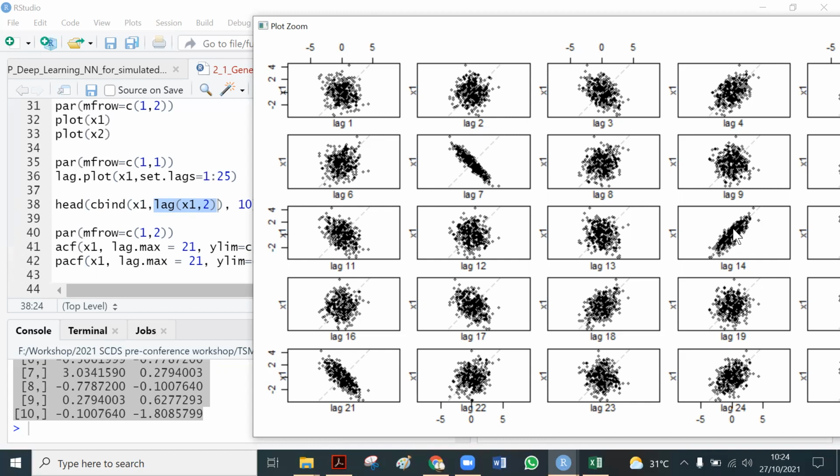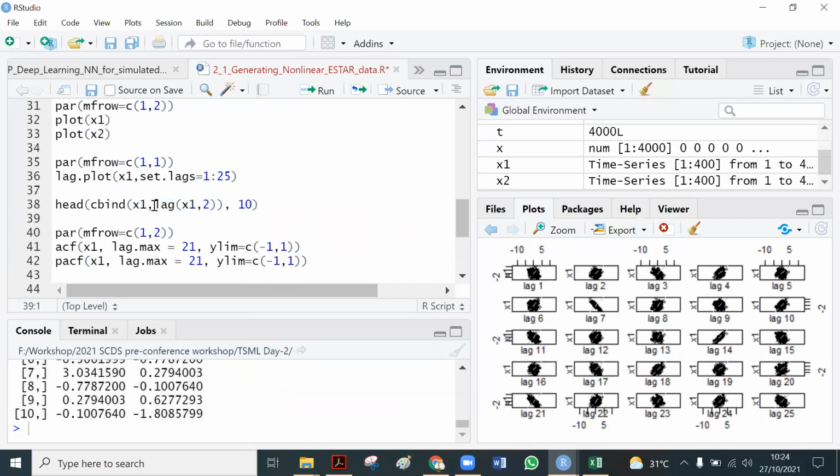But for xt and xt minus 14, it has a strong positive relationship because it's going upward, right? Okay, and so on. So this is for x1, which is actually linear data with a linear pattern.